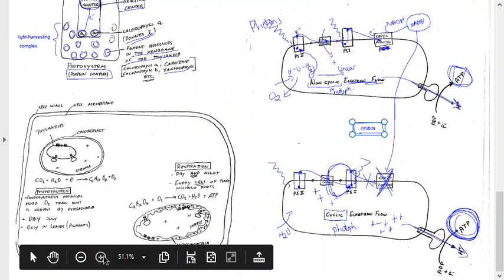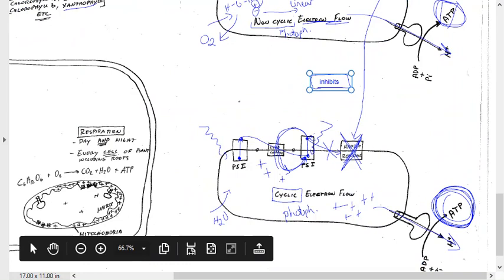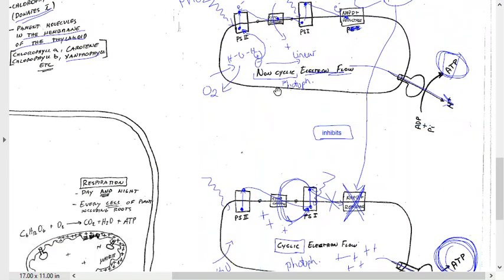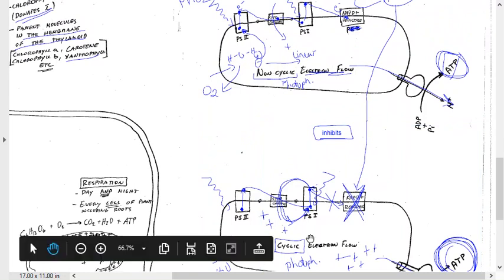And cells, plant cells in particular, any photosynthetic cell that has chloroplasts will do this. And if you don't have chloroplasts, you do this through the cell membrane, right? So there's a constant switching between non-cyclic and cyclic flow based on how much NADPH you're producing and how much that's inhibiting NADP reductase